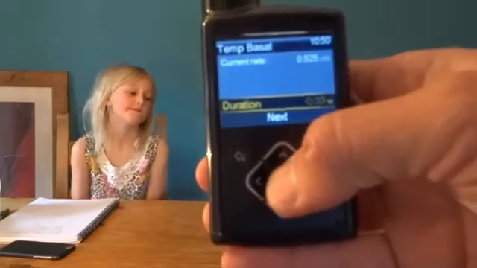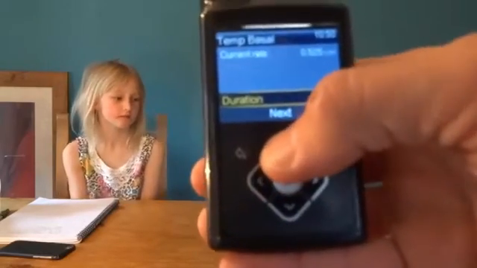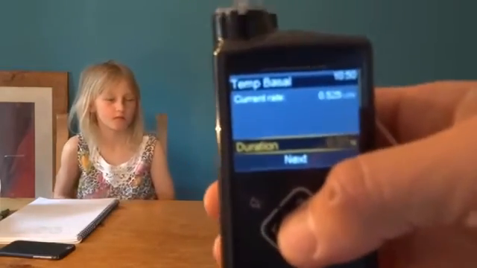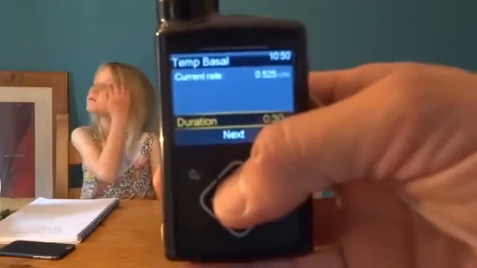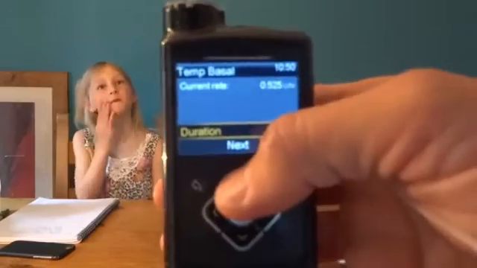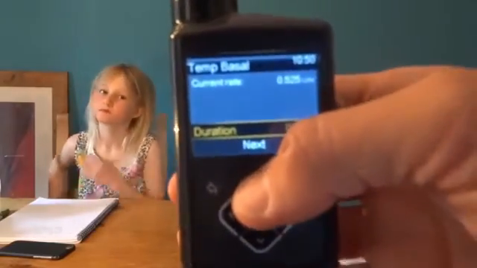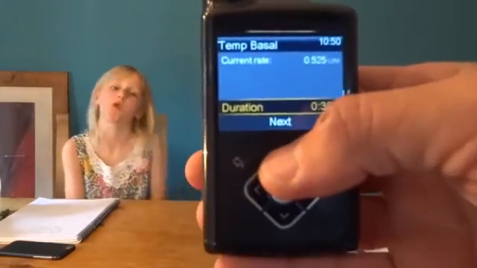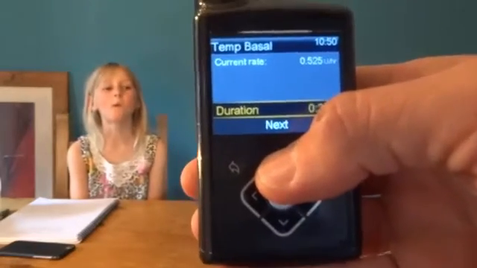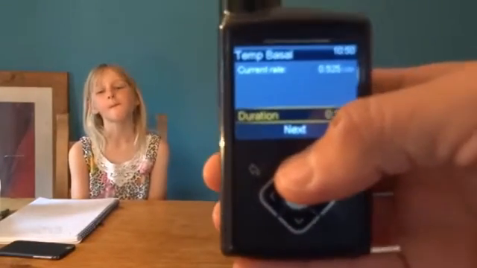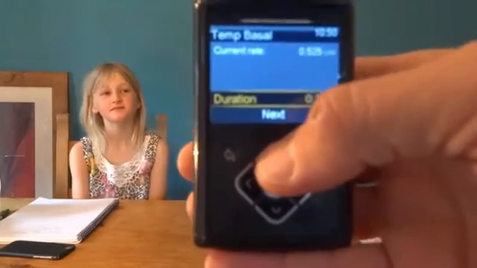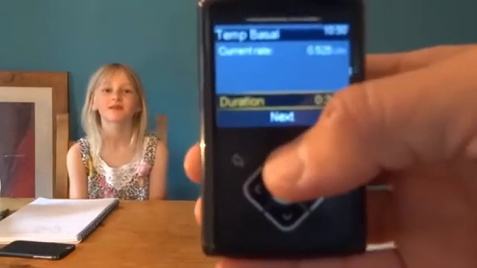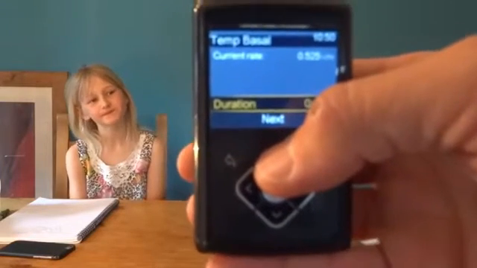Let's set a temp basal. If, for example, last week I wasn't very well on Saturday, and that rolled on into my insulin profile for a few days after that. So what I had to do was set a temporary basal of about 130% permanently to try and keep my levels low, because I was riding along about 11 millimoles per milliliter, which in US is, what's 18 times 11,